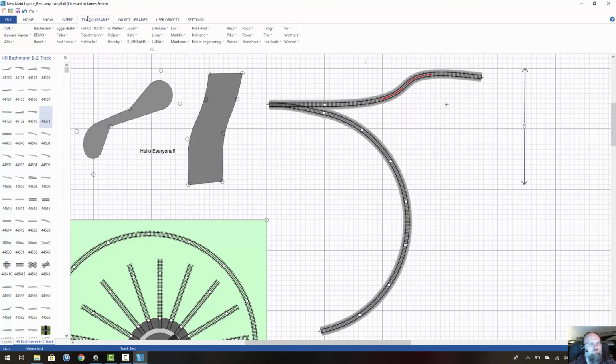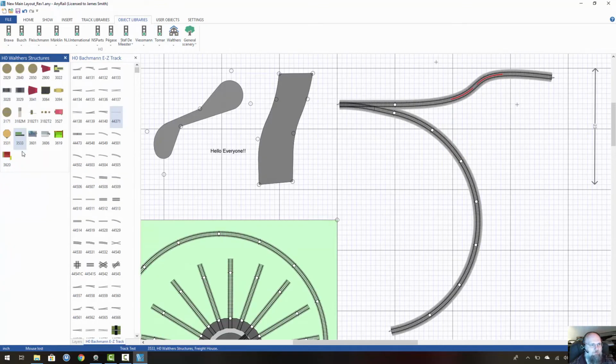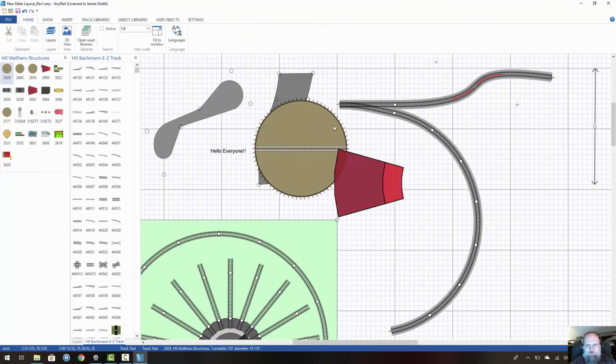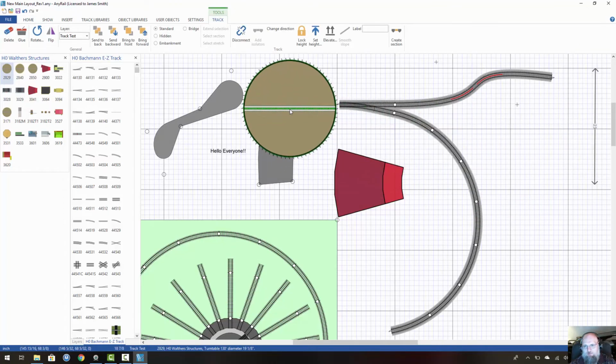Track library I showed you, the object library I kind of showed you. Let's go ahead and drag in a roundhouse. Basically all it does is give you the dimensions of the actual roundhouse. So it gives you a general idea of how much track space it's going to take. Like if we're doing a turntable, now the turntable is kind of useful. But the problem is